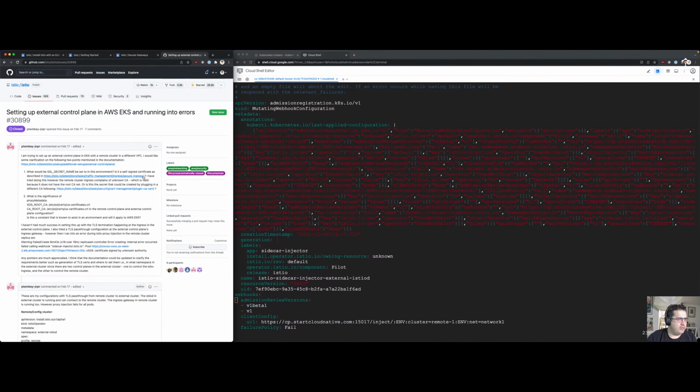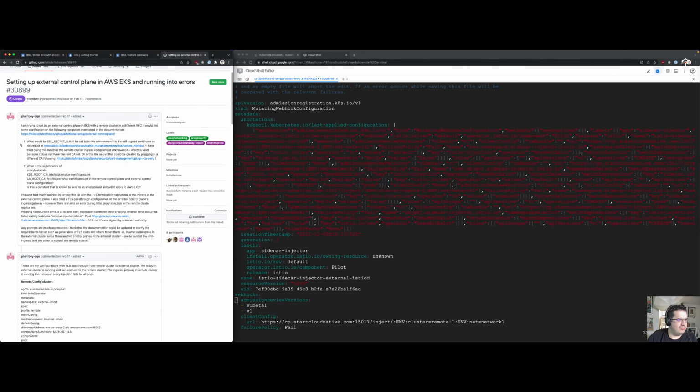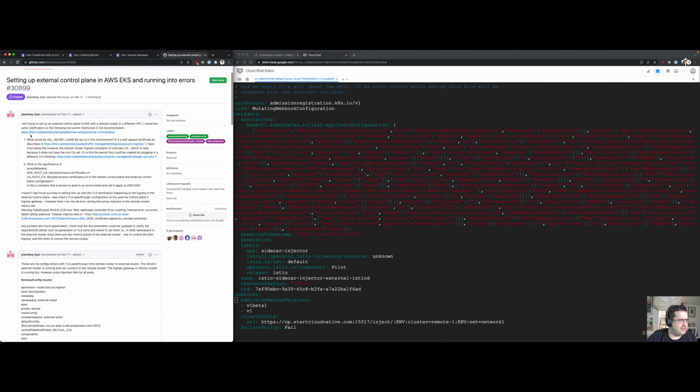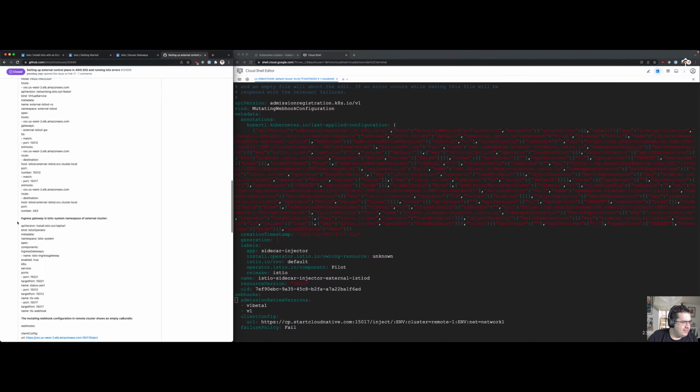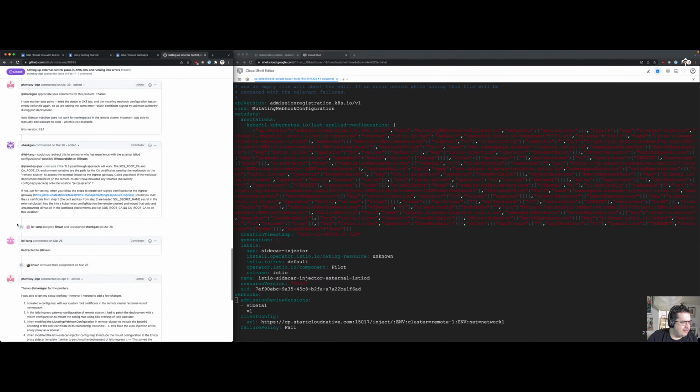So this person also went through setting up the external control plane. They did use AWS, but it doesn't really matter. It's that they ran into the same issues. So SSL secret name was the question, right? The first one, and then the significance of CA root CA and XDS root CA, pointing to some certificate. Down here,